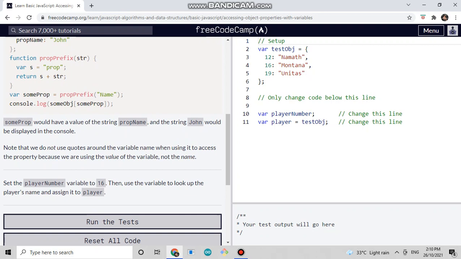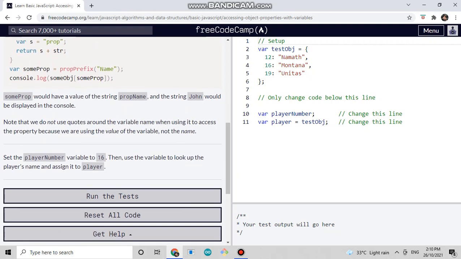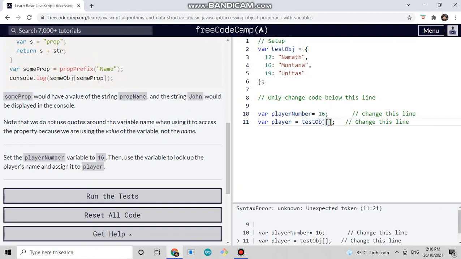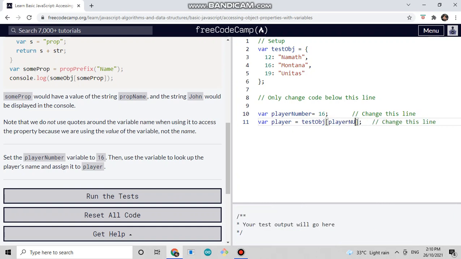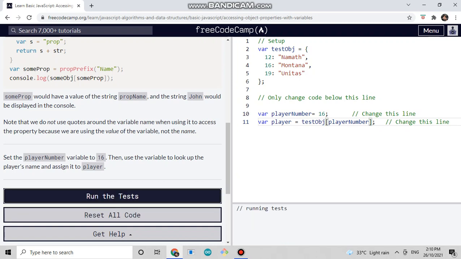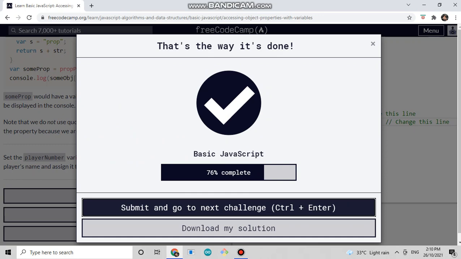Set the player number variable to 16, then use the variable to look up the player's name and assign it to player. So var playerNumber, let's say 16, and var player is equal to testObject[playerNumber]. Okay, next,